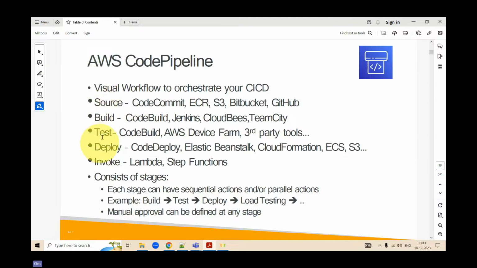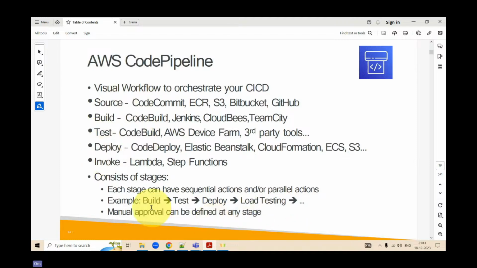SBTD. Okay. Source, build, test, and deploy. That means source means create the code first, then move it into a source repository. From there, build it, then test it, and finally deploy it. Clear? Now there are various stages. Each stage can be sequential in action or parallel. Generally, it is sequential because once the first step is completed, only then would the second stage be invoked. However, if you're pushing multiple codes, then they can be in parallel as well.